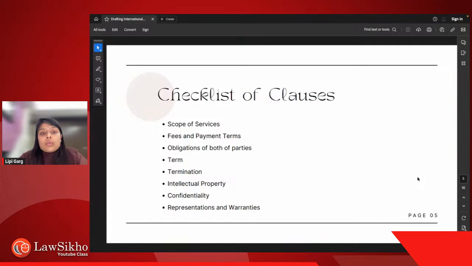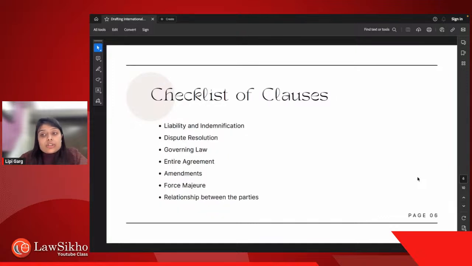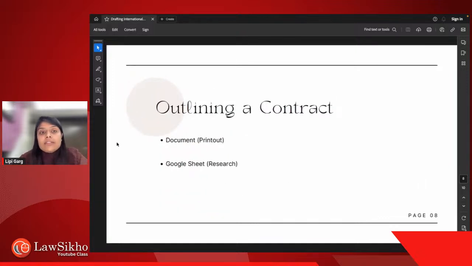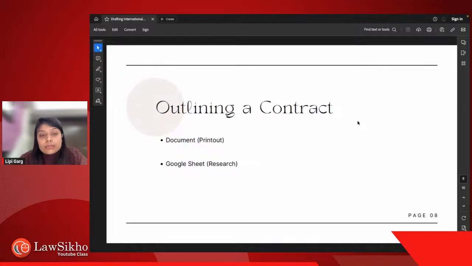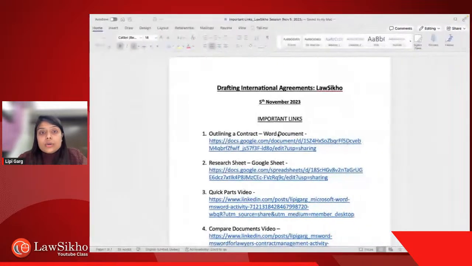So what I do is, whenever I enter into a situation with a client, I will be dealing with outlining first. So I usually take a document with me printed out always. I'm an old school person. So I take a document printed and I take it in the meeting. Now, how does that document look like? Let me show you.